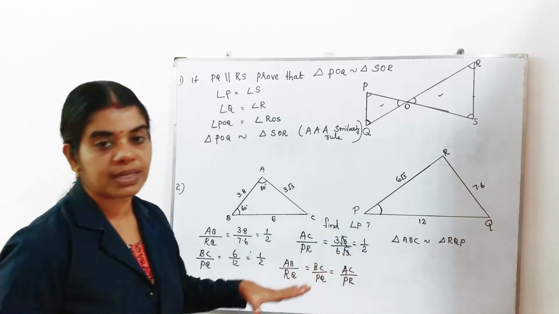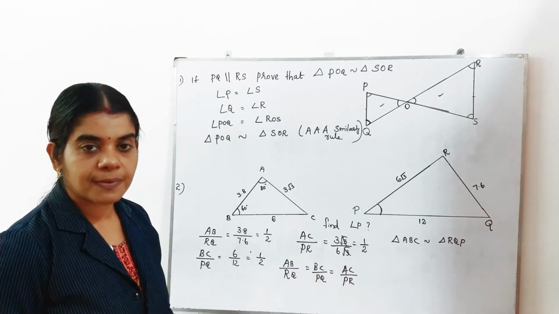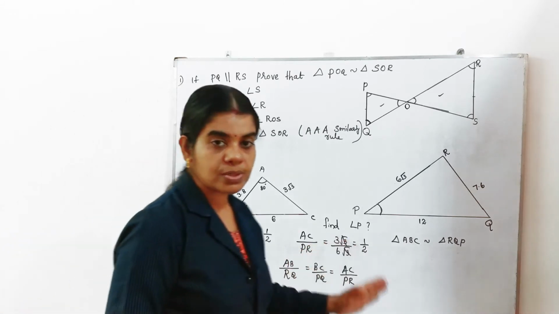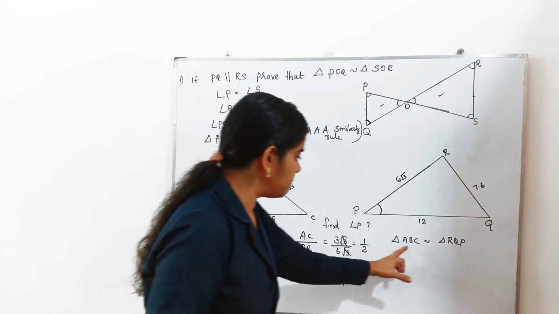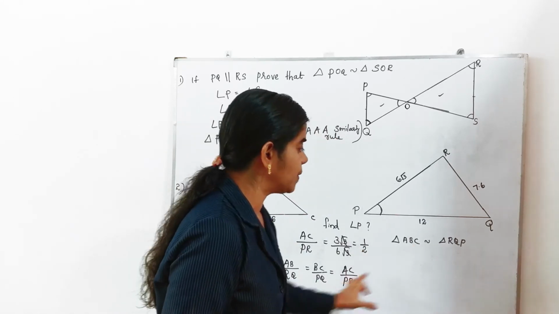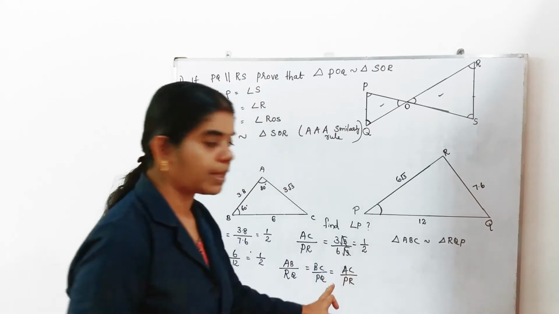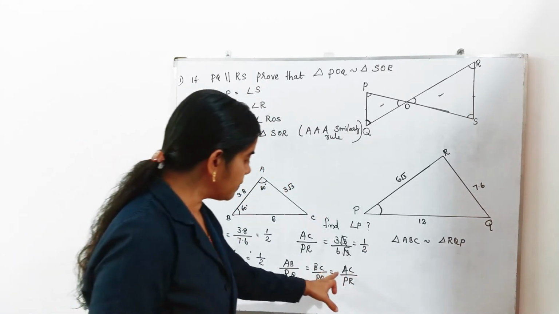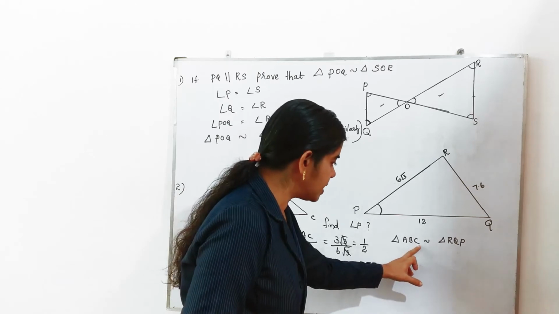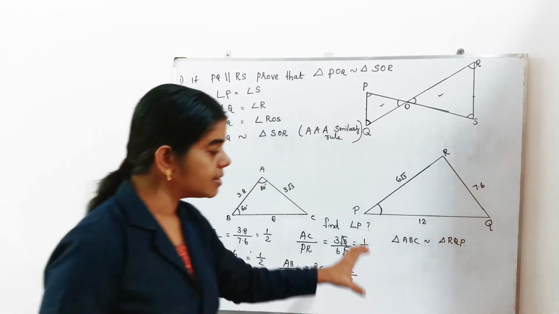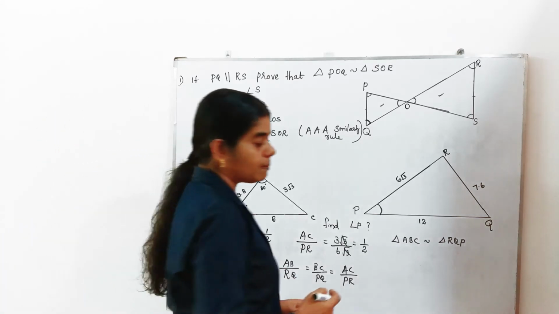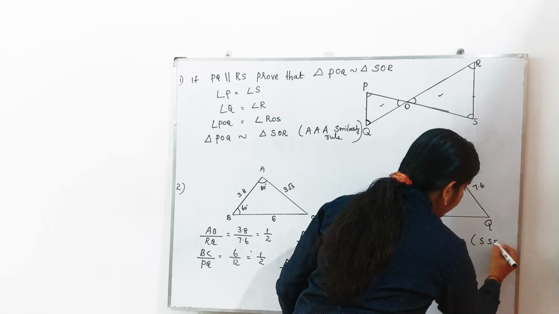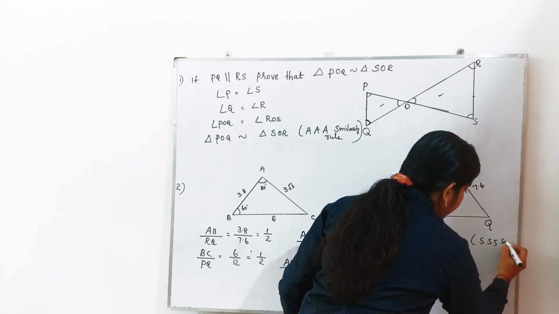If you are writing ABC similar to PQR, that will be wrong, because that order also you want to look. AB, here RQ. Next will be BC, here you want to get PQ, here we are getting QP. No problem, PQ and QP are same. Next we want AC by PR, AC then PR or RP. So triangle ABC is similar to triangle RQP. What is the rule? By SSS similarity rule, these two triangles.